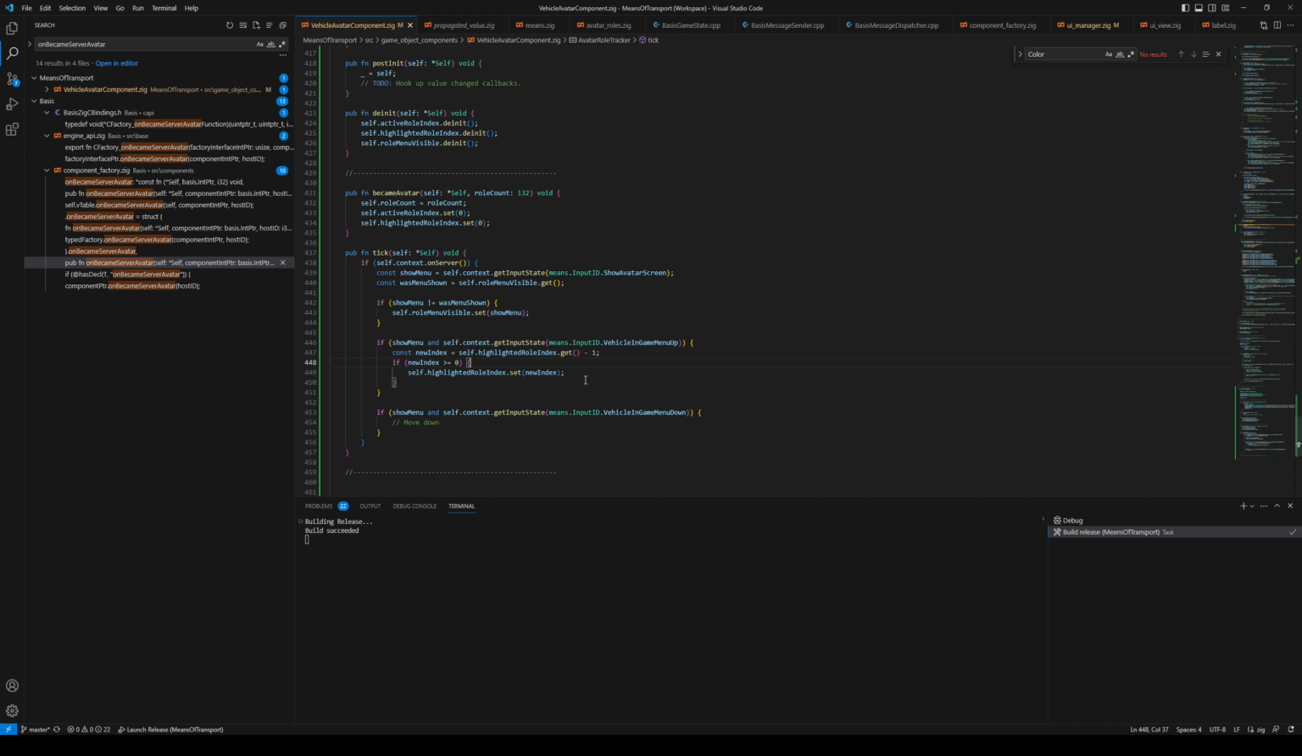So 0 is the first item in that list, and then it progresses downwards. So if we're moving up, we need to check that we don't go into negative territory. If that is the case, then we just don't do anything. If we're still non-negative, then we update that highlighted